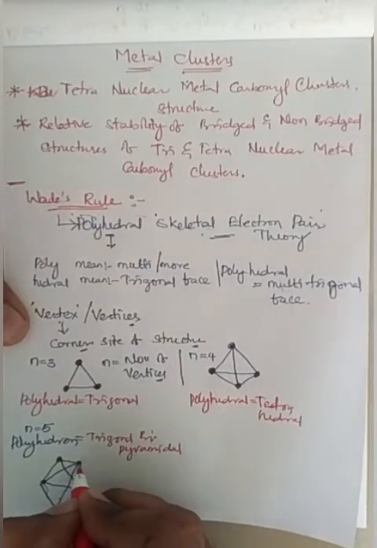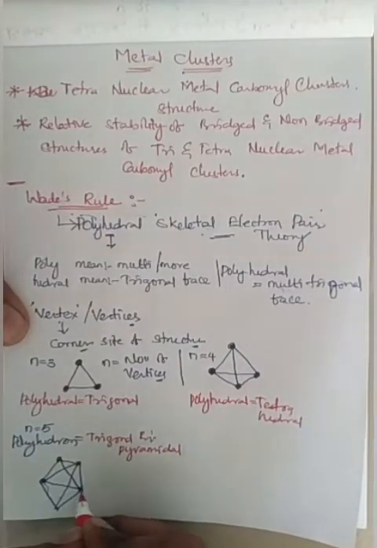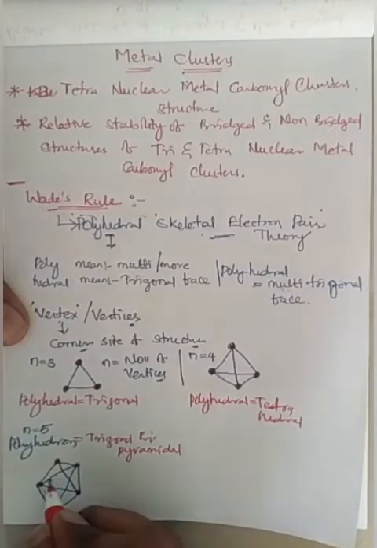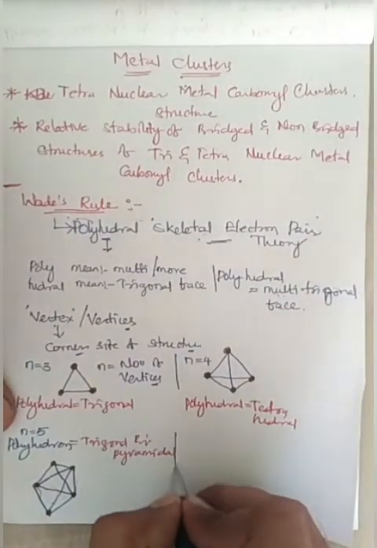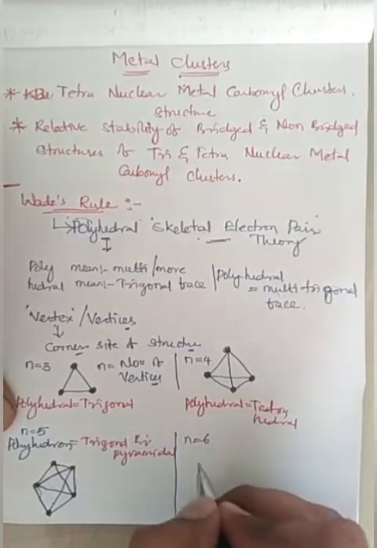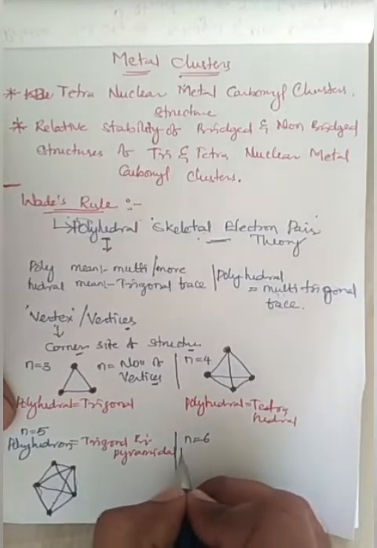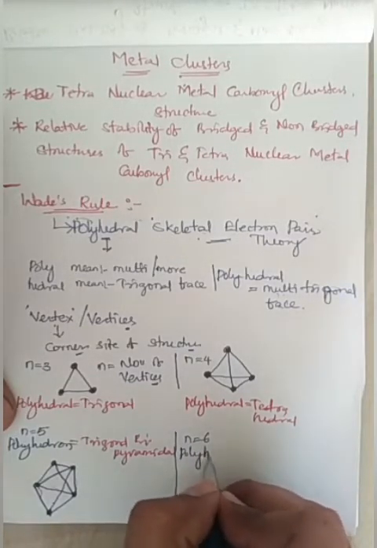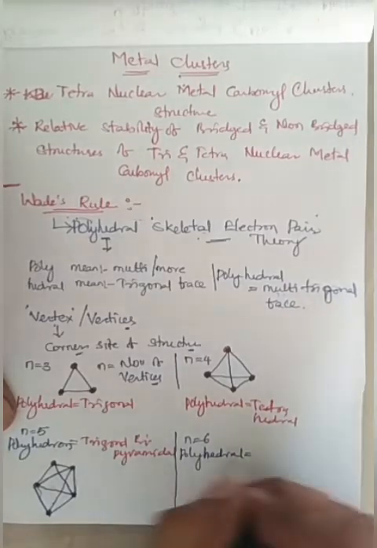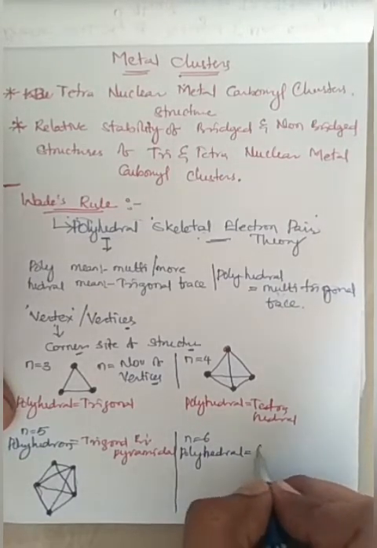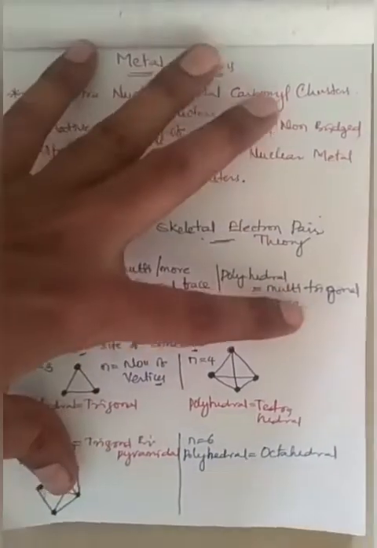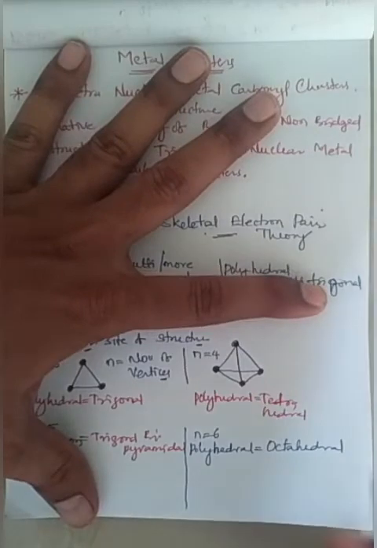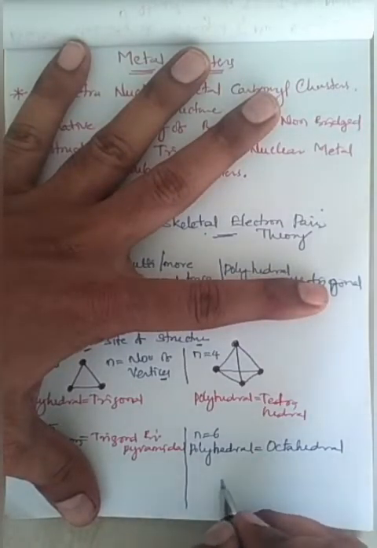One vertex, second, third, fourth, and fifth, right? This is a trigonal bipyramidal. When the number of vertices is 6, then the polyhedron will be octahedral, right? And the octahedral structure, you know that